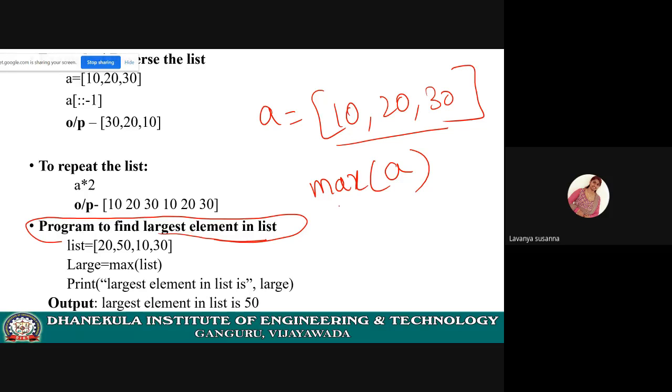Okay. See here, how to find the largest element in the list? Use the max function. Inside this max function, pass the variable. Here, what is the list variable? A. I am passing variable A. Now, what will this max function do? It will find the largest element. What is the largest element in 10, 20, 30, right? This function will return 30. See this program. It's very simple. No need to write some large code or a for loop.